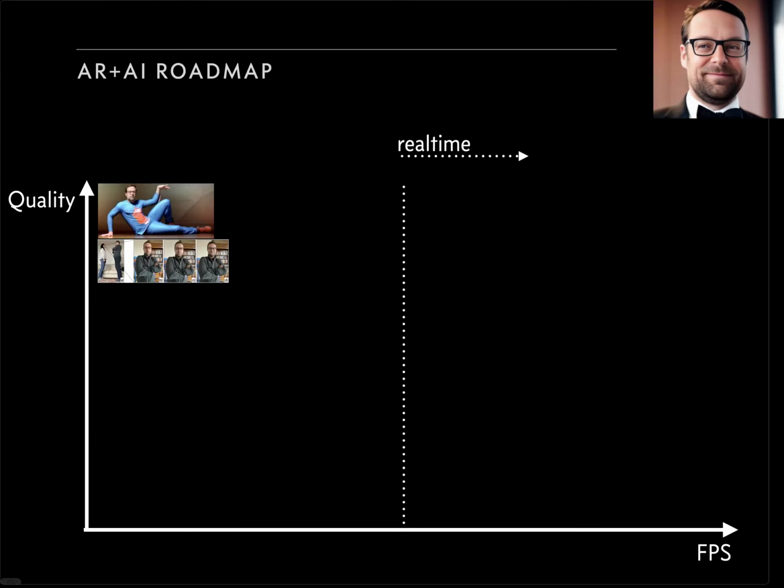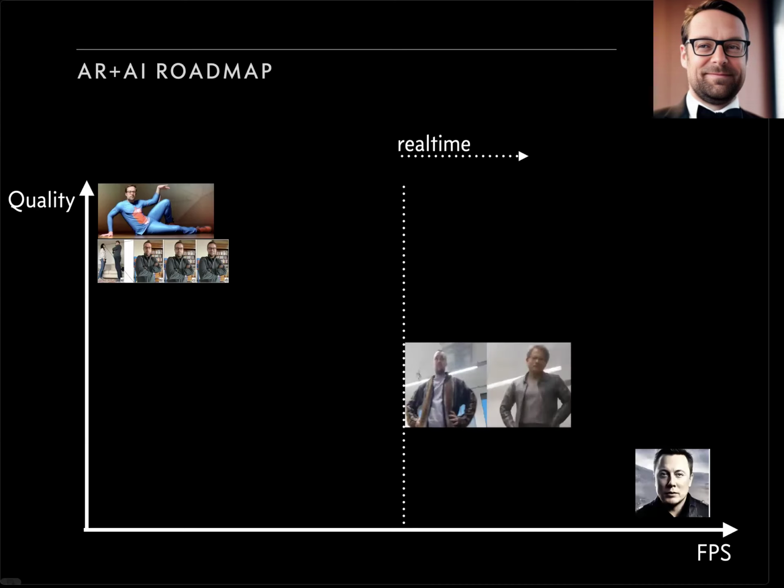But as it's augmented reality, we need to have it real time. Then I showed you this Elon Musk demo, which is 150 frames per second, but kind of bad quality and also not very controlled. We can make random faces, but I couldn't replace other people's faces. Because in that case, I need additional things.